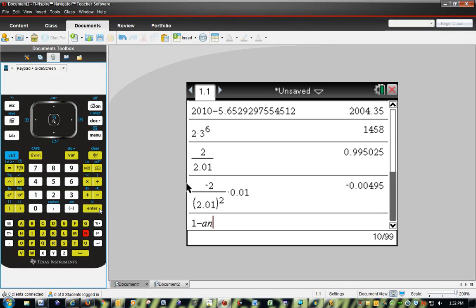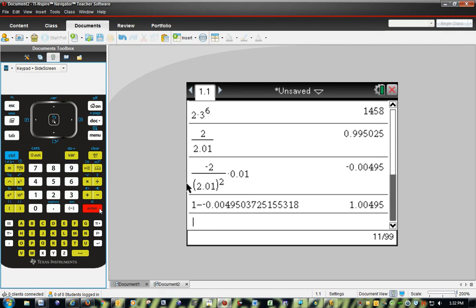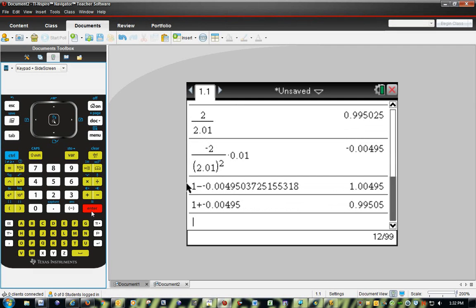Delta y got us to 0.995025, which is exact. This guy's approximate. So when you're working through these problems, the difference between delta x and dx, or delta y and dy, your delta